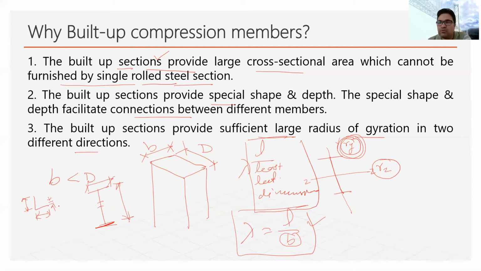So what we do in such a case, we try to generalize the least lateral dimension by using a parameter which is called radius of gyration. So radius of gyration, say for example, this is the x-axis, say this is the y-axis. Sorry, this is the y-axis, and this is, say, the z-axis. So how do we find out radius of gyration?